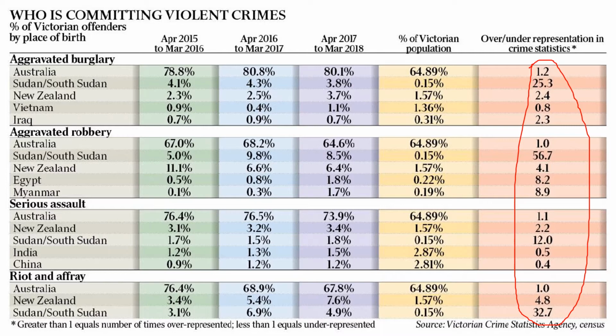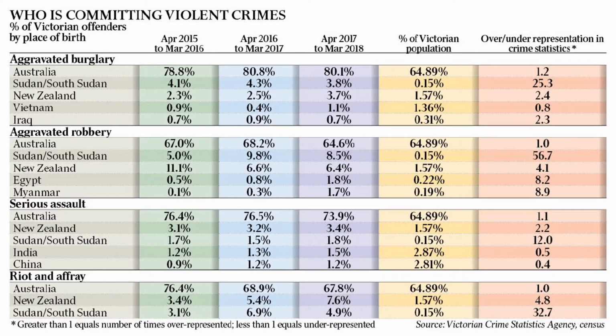Okay, so as I was saying, Australians, Sudanese, and New Zealanders are all overrepresented. Have a look there. They're all numbers above 1. So, for example, Vietnamese people commit fewer crimes than your average Australian. Chinese people are less likely to commit serious assaults, and Indian people less likely to commit serious assaults, and so on. These are all the different crime categories, but as you can see there, in pretty much every category,